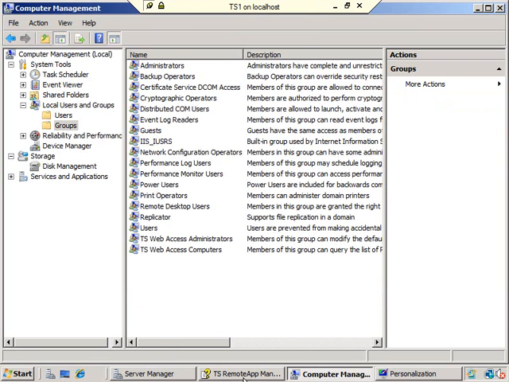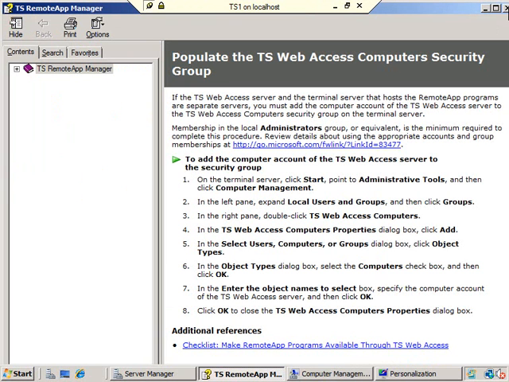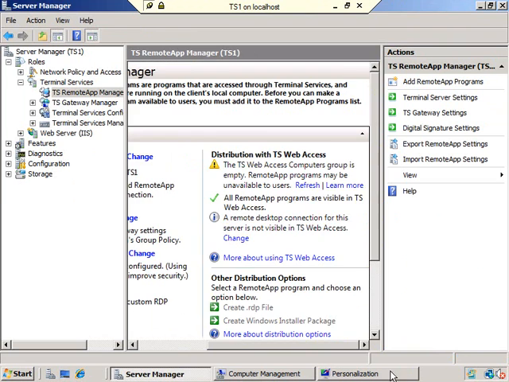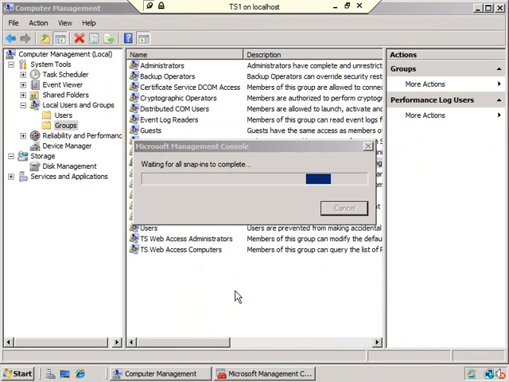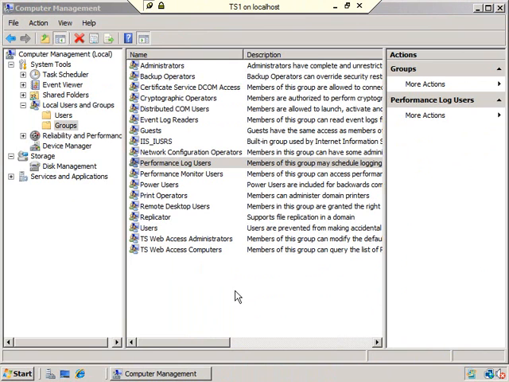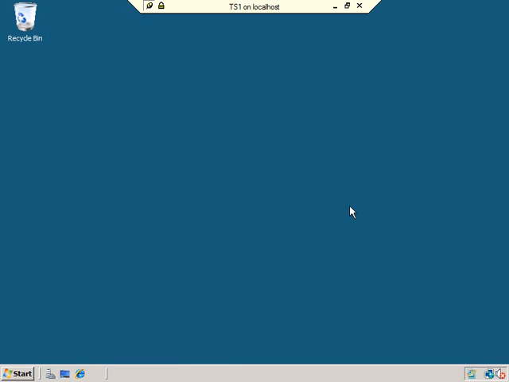So remember, when we're at the point where we need to actually provide access, we need to go into Administrative Tools, Computer Management, and add those machines, those client machines or servers, whichever one you need to have access to that application, and add them to that local group for this particular server. Alright, so let's go back to, hey, wait a minute, I think I accidentally closed out my Server